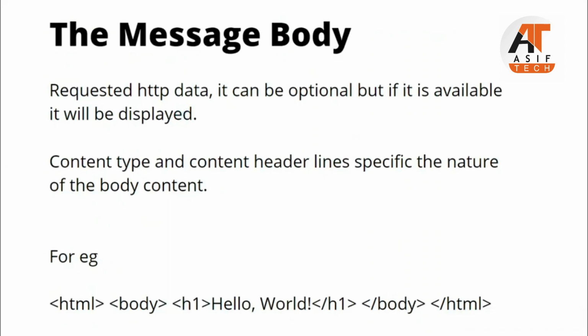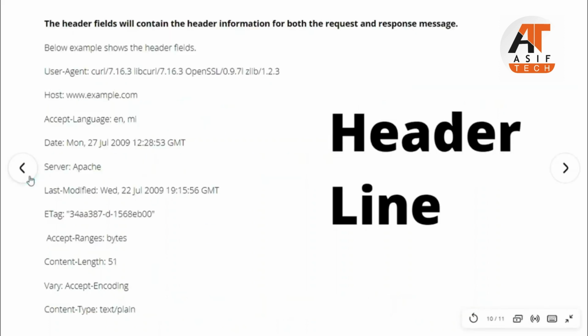The requested data, whatever information that you want, comes under the message body. For example, this is just basic HTML code. Whenever you get the message, obviously you want the website, you don't want the metadata, but the metadata will be leveraged by the browser as well as other applications in order to provide you with a complete solution. Without the metadata, how can your browser render this information? And even for search engines, how can they list your website if they don't have the metadata? This is important for the user, but metadata is really important for your web browser, for applications, for search engines to actually understand what the document is all about.